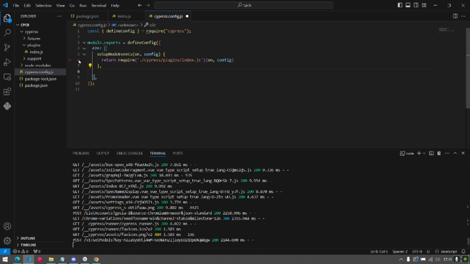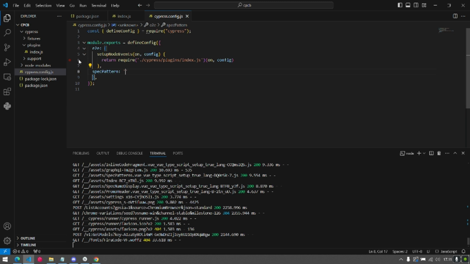Then we add more script: specPattern. Here we have to locate where the feature file is placed. We haven't created the feature file yet, so right now we have to create it first.